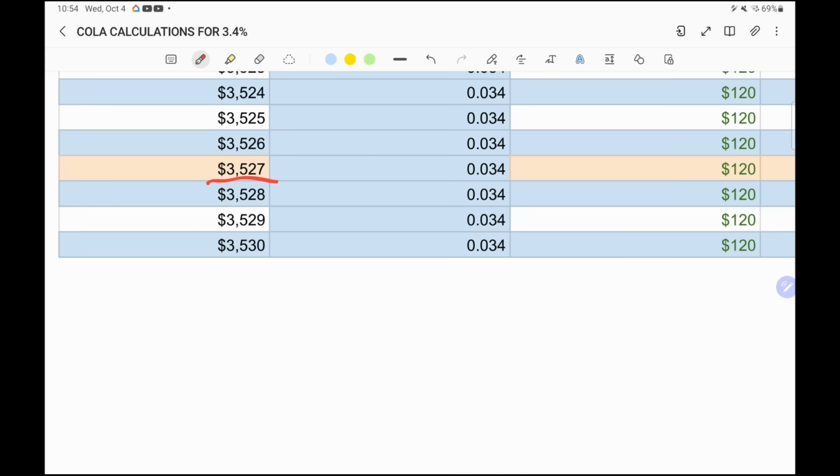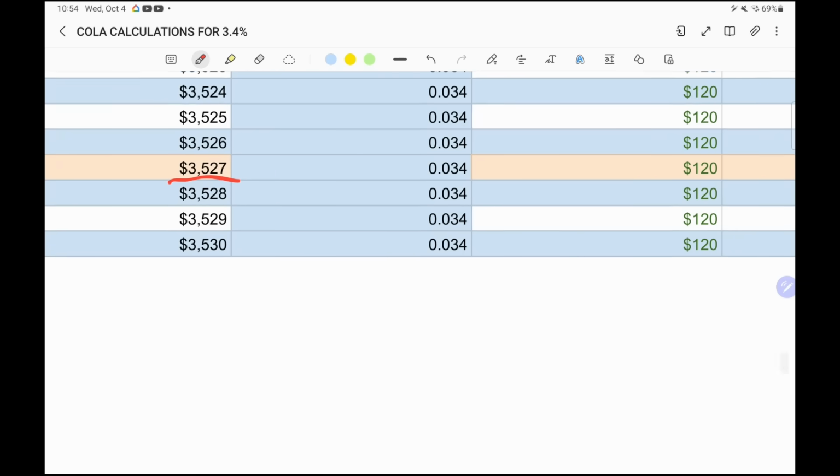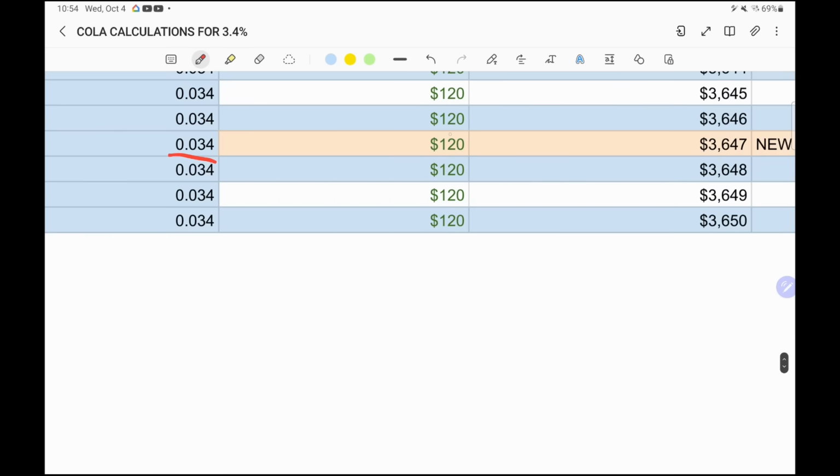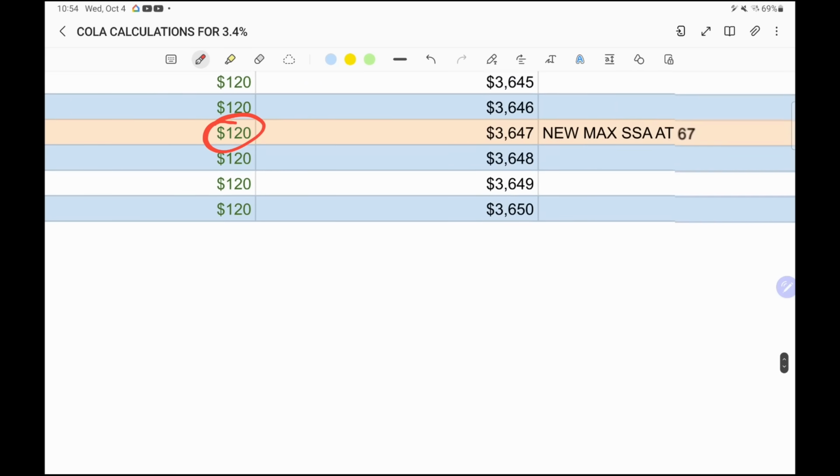Okay, now we're looking at the maximum Social Security benefit payout at full retirement age, so at 67. So right now it's $3,527 with a change of 3.4%. We're looking at a $120 increase, and then we're looking at a new amount of